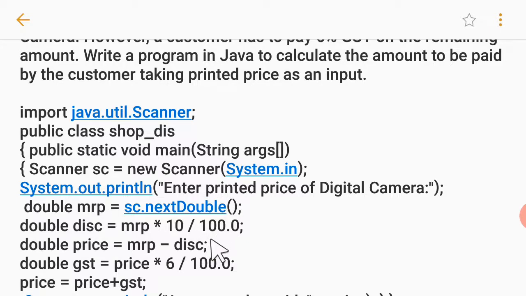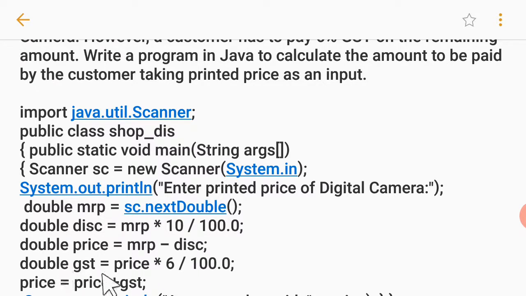Okay. So after inputting that MRP, we calculate the discount, because discount is on the MRP, that is the 10%, and after that the price to be paid will be calculated by subtracting discount from the MRP. So we write double price equals MRP minus DISC semicolon. Okay.